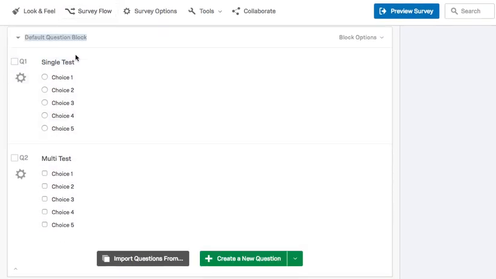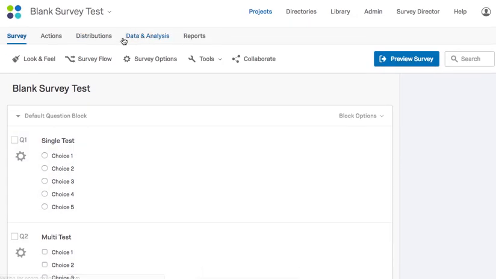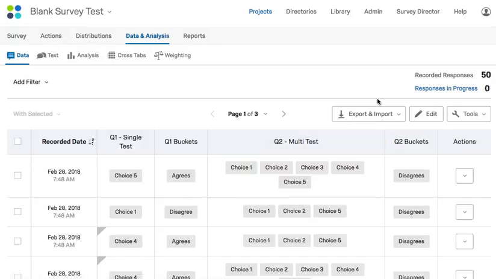to a survey after responses have already been collected. So in this case, I have a survey, very simple, just two multiple choice questions, and I've already generated 50 test responses,